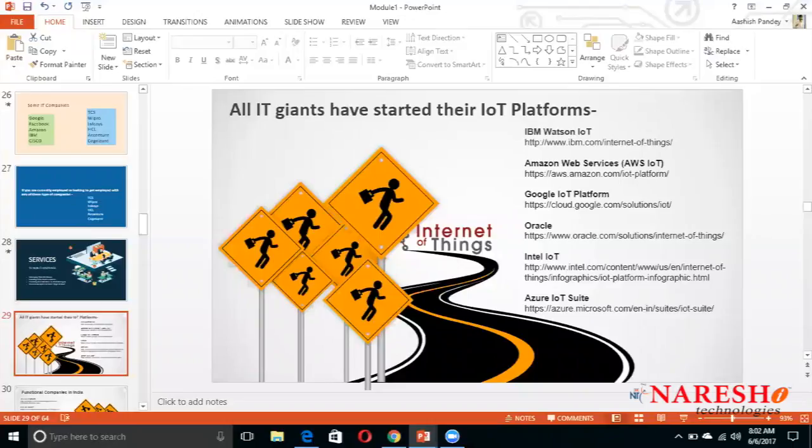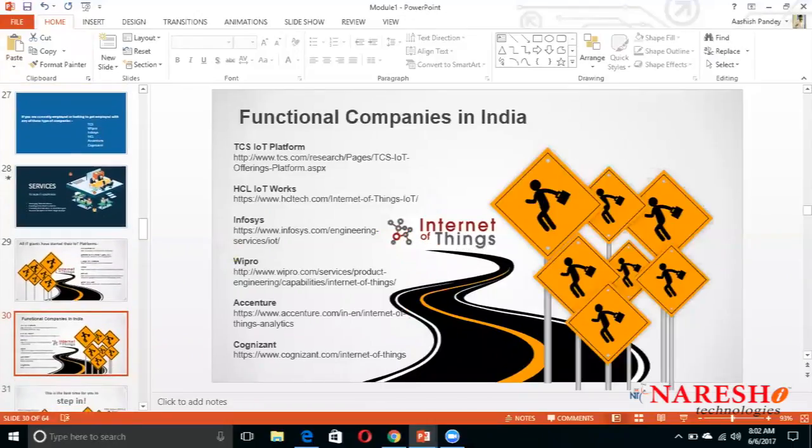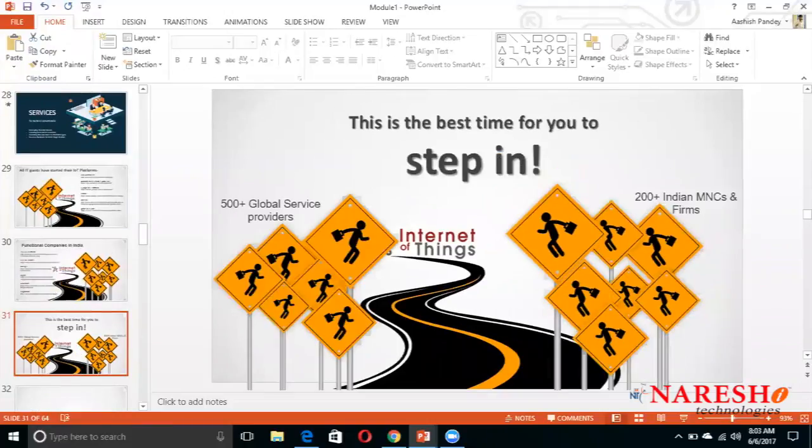Oracle, Intel, Azure is Microsoft's, TCS, Infosys, Wipro, Accenture, Cognizant. All the companies have their own IoT platform, and they are using these platforms to increase productivity or the growth of the company. And now, if I talk about the future of IoT, the future